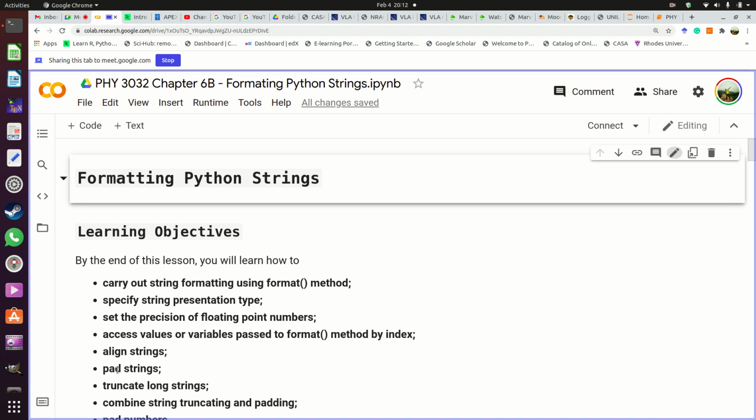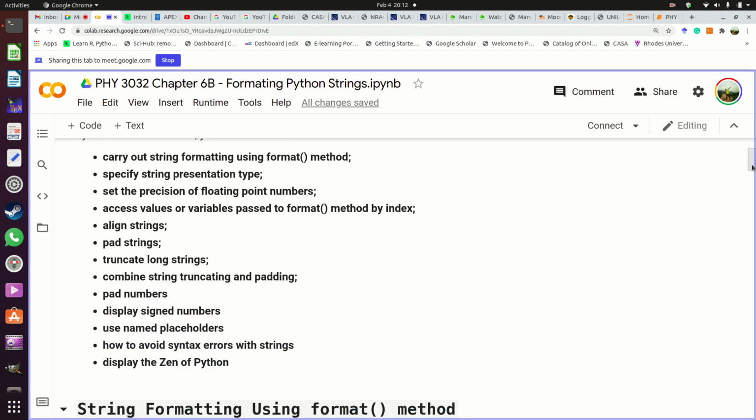Then there is something called padding. As Python creates a placeholder for you, you can tell Python you want this many spaces. However, once you put your value in that placeholder, maybe the variable or whatever value it has might not be enough to fill up those spaces. So what do you want Python to do with the rest of the spaces? What does Python fill them with? That's what's known as padding. We're going to see how that works. Then of course,